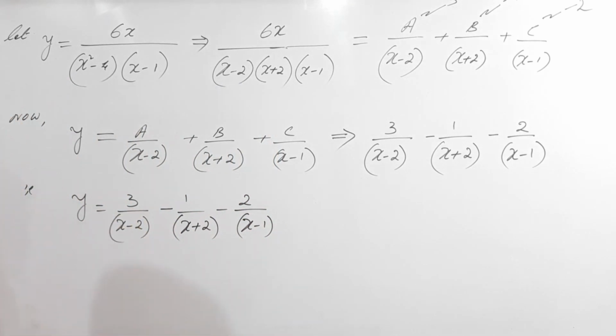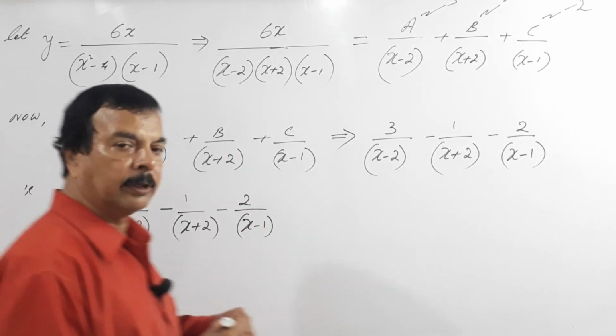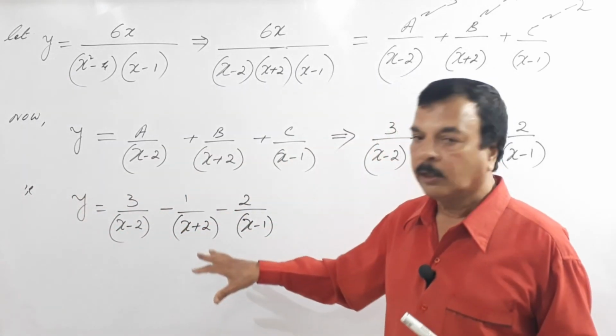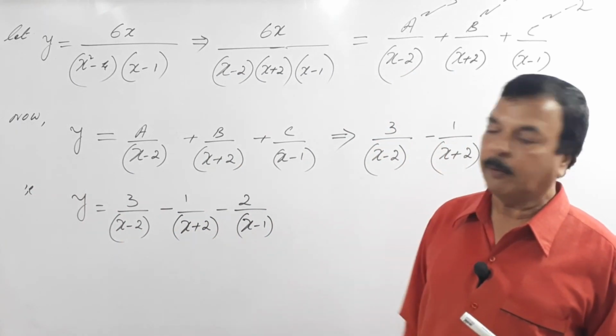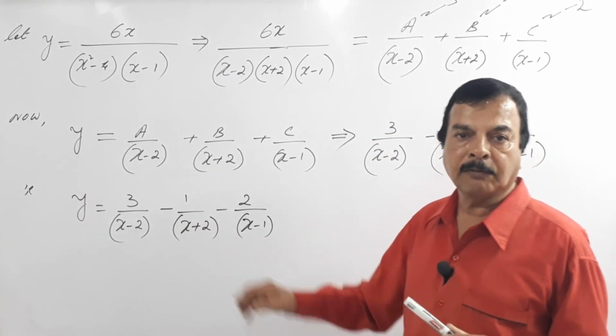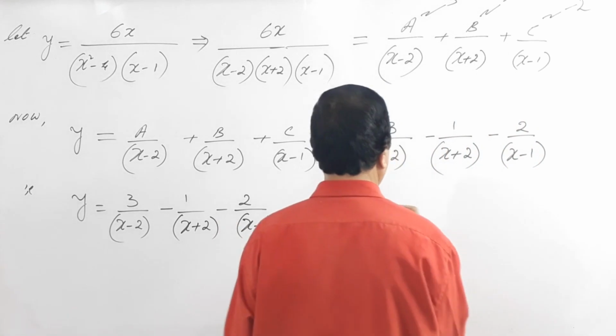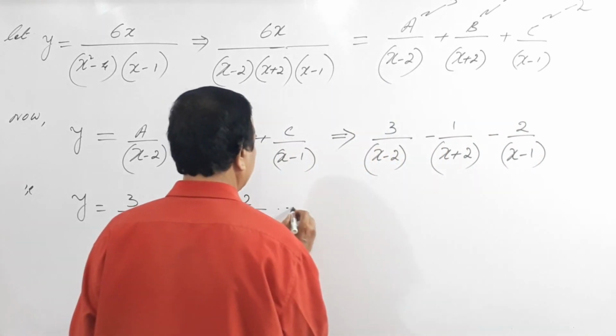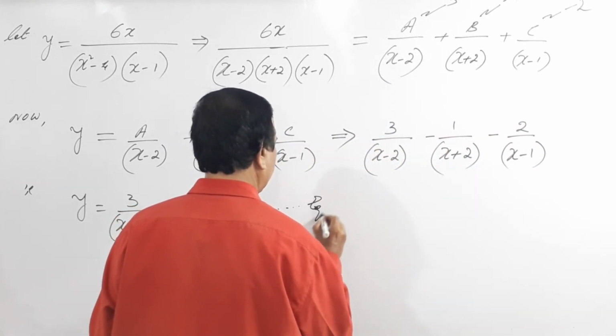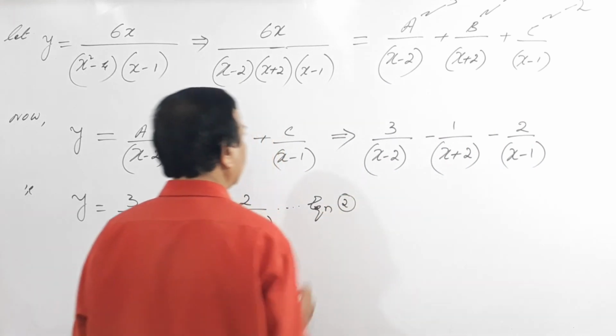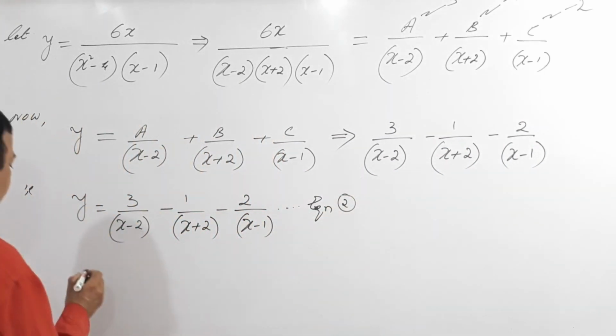So after coming to this, now we are able to differentiate this n times, because it is of the form what? This is of the form what? So I call this equation 2. Here